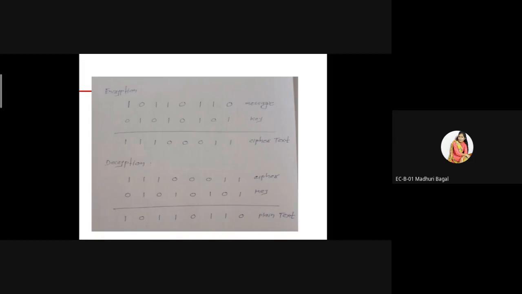Once we did the decryption operation, we got the same information that was sent by the sender. So compare the first row and the last row. Is the information the same or different? Same. Okay, so likewise by using the stream cipher we can encrypt the message and we can decrypt the message. So that is the concept of the stream cipher. The stream cipher uses the same key for encryption as well as decryption.